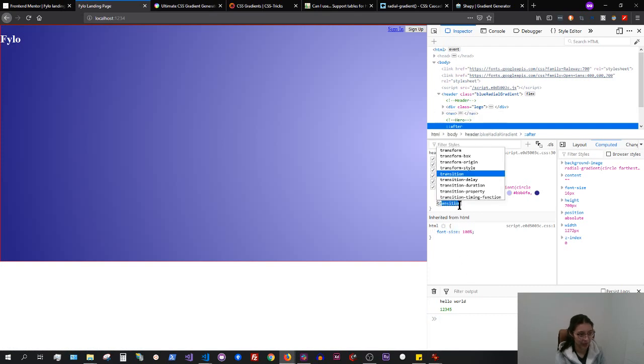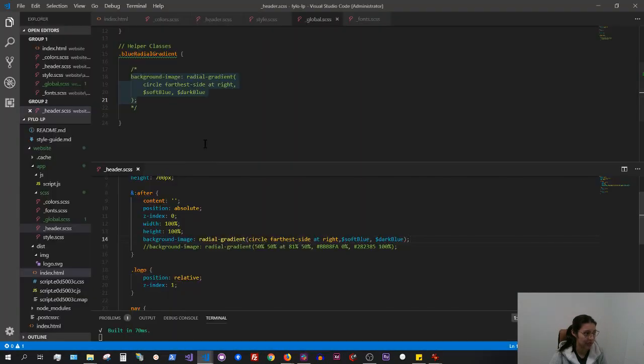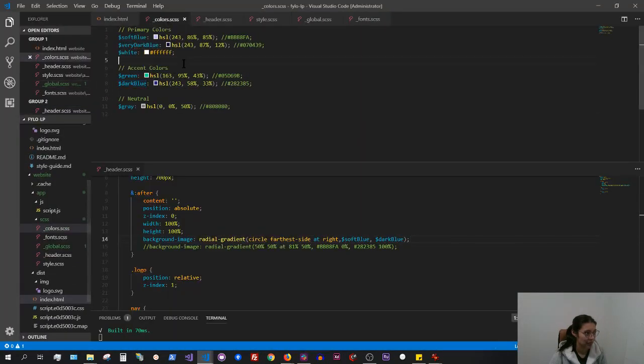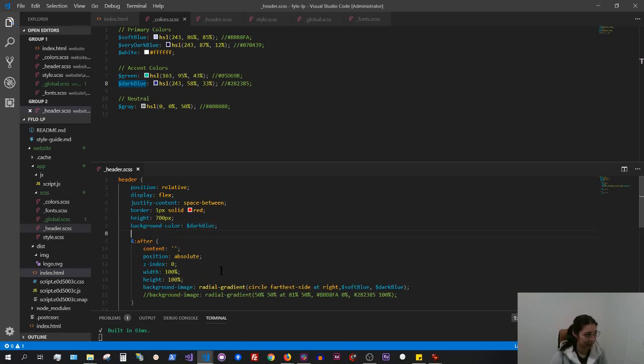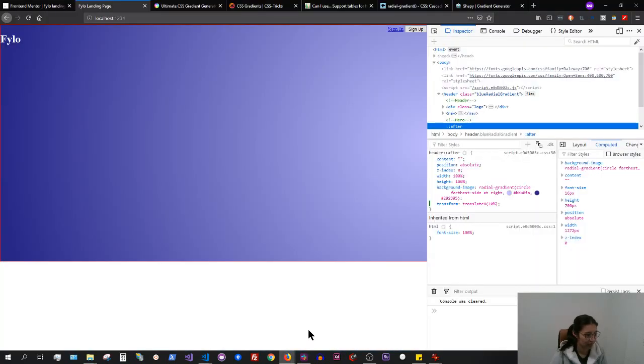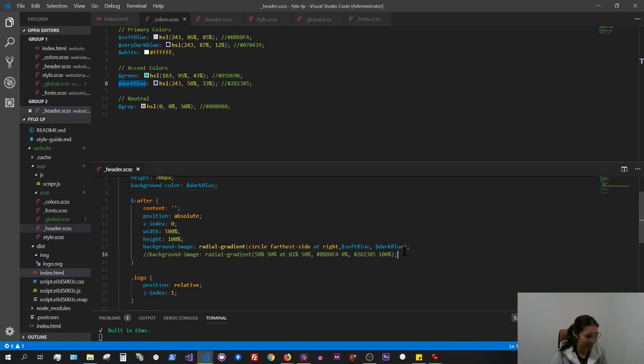I could do a transform. Okay. I know it looks terrible, but what we're also going to do is add the dark blue as the background color for the header. Oops. Oh man, it got rid of it again. Yeah, I just don't like those auto reload things. Anyway,